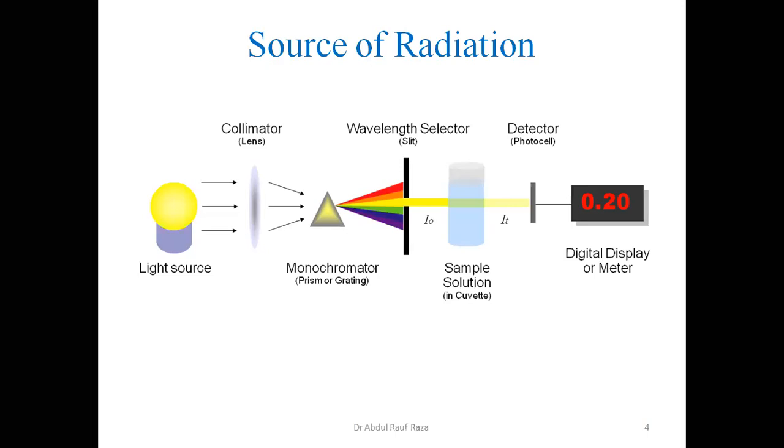But if our compound is colored, it means it shall absorb in visible range. So we only select the source of light 750 to 350, meaning the visible region. If our analyte is colorless, then we go for the UV region, 350 to 200 nanometers. So we use the D2 lamp, not the mercury lamp.